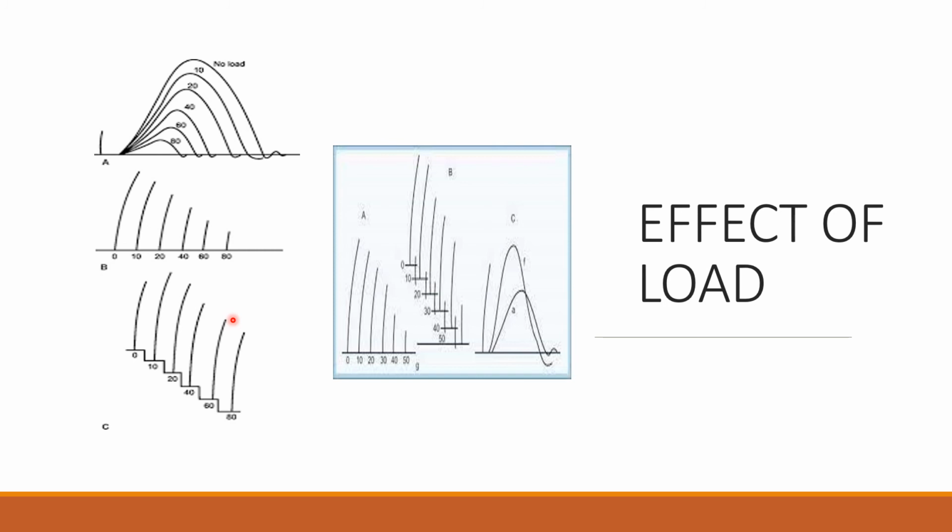The load is applied prior to the contraction in free loaded condition and during contraction or after the onset of contraction in afterload. So here two words you should know: preload or free load and afterload. Preload means when load is applied to the muscle before the muscle starts to contract. So that is free loaded. And when load is applied after the onset of contraction, that is afterloaded.